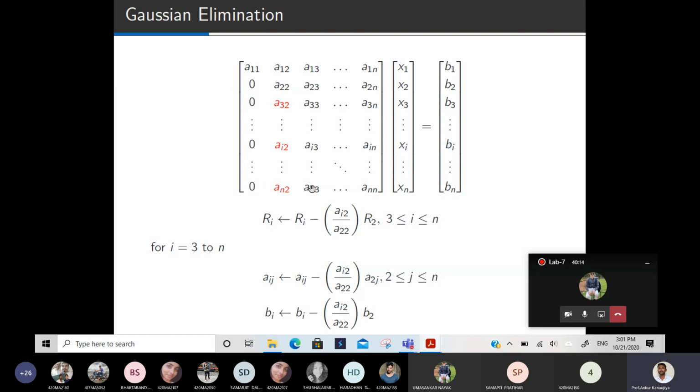Okay, sir. So see, if you are making this one from 3 to n, then will you change the column number 1 or not? If you are making a32 to an2 entry 0, will you change the column number 1? The answer is no, we will not change column number 1. We will not change row number 1, will not change row number 2, we will change only this much part, i from 3 to n, and j